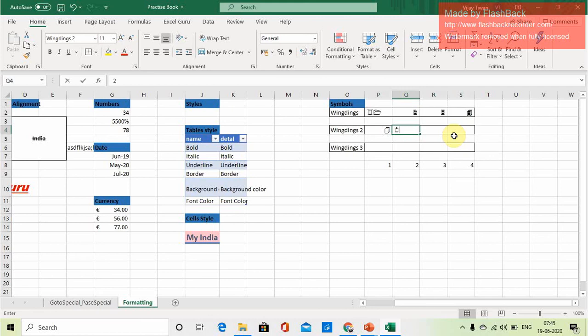If I write the same in this, see, these symbols are coming rather than this value. Similarly, I'm writing A B C D, A B C D, A B C D. See, these symbols are coming, and you can use these symbols in your report, in your dashboard, which will make it very effective.